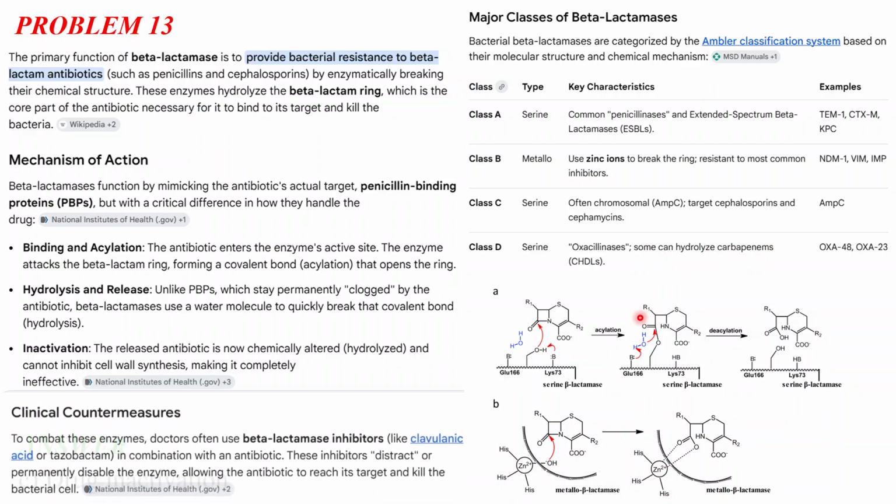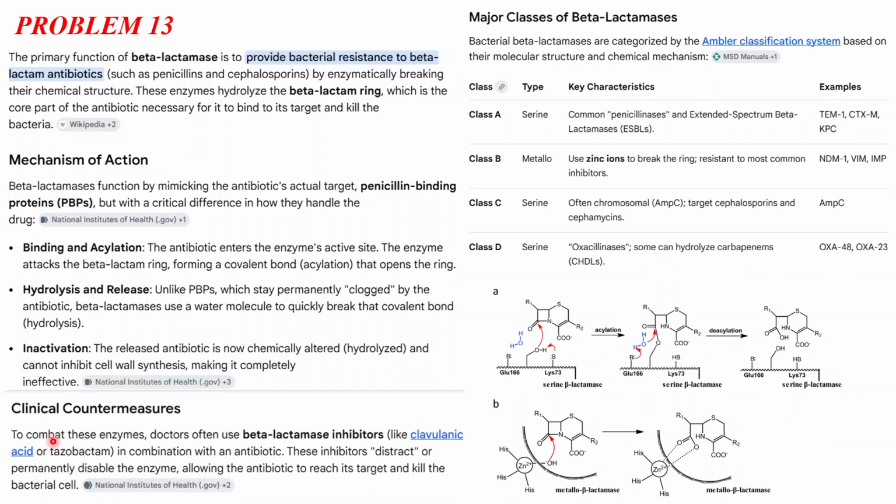Okay. So as a clinical countermeasure to combat this enzyme, doctors often use beta-lactamase inhibitors like clavulanic acid or tazobactam in combination with an antibiotic. These inhibitors distract or permanently disable the enzyme, allowing the antibiotic to reach the target and kill